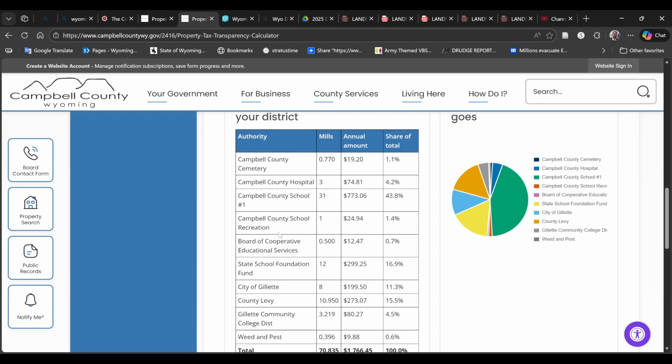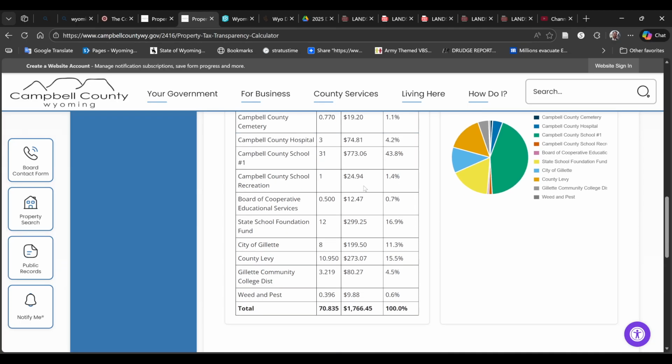Helps pay for that. And then you can also see we've got a rec mill. This is Campbell County School District. It's a recreation mill. The recreation mill pays for things like the new aquatic center that we have. And so you can see a breakdown to the very pennies of where your tax dollars go and who gets what. And if you were to take this entire amount, you would find out that about 72%, 70%